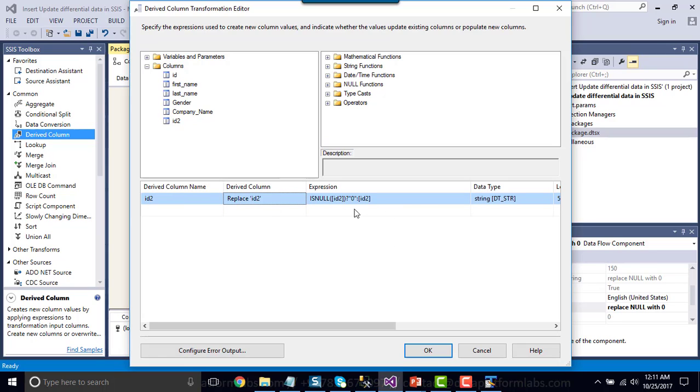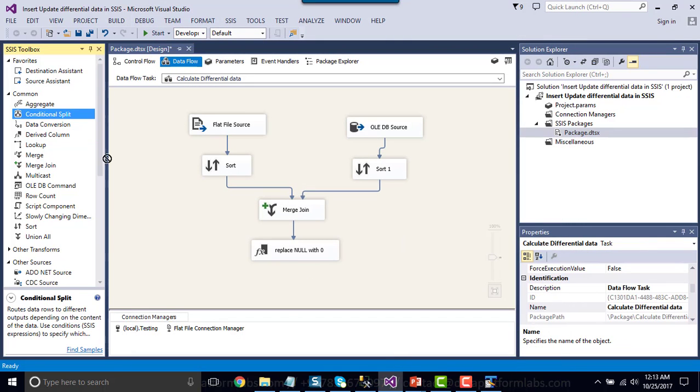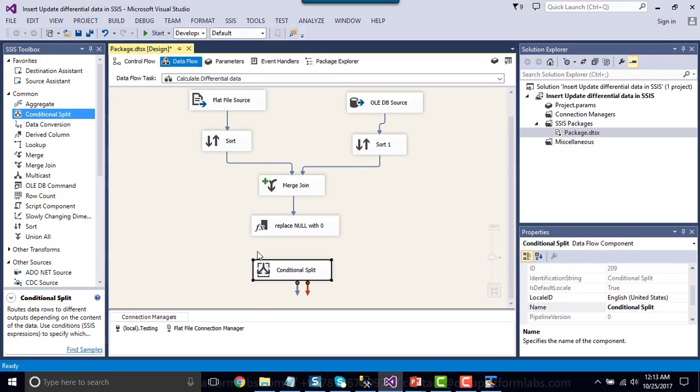So this is the expression. If ID2 is null, then it will be replaced by the 0, otherwise we will use the ID2 value itself. So we have replaced the data in the ID2 column. Click OK.